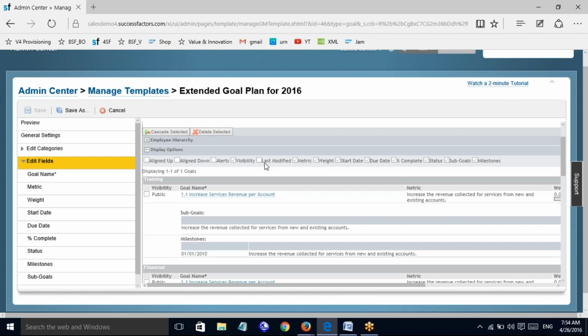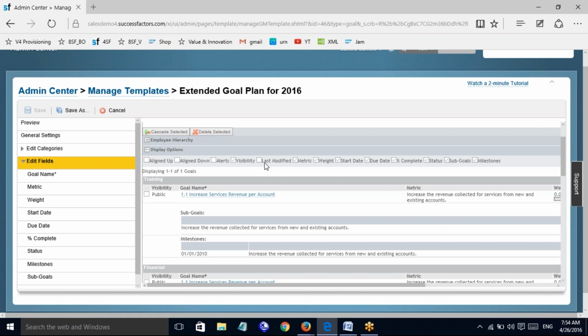These fields are the section where you can add and remove fields as you like, and you can also mark some of these fields as required, so that the users will fill them when adding a new goal plan.